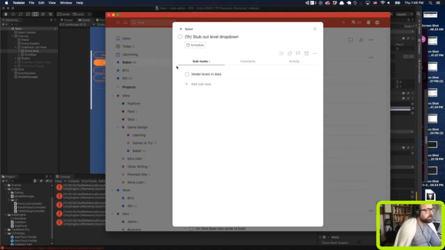If something doesn't feel explicit to you, if it feels vague, then break it down even further until it is explicit, until you kind of know how to do it. If you don't know how to do something, literally create yourself a 45-minute task that says, learn how to do X. Because it's better to do that than to just give yourself a vague task that you don't really know how to tackle, and that's the kind of thing that makes you procrastinate. So start at level drop down, add drop down element in upper left,